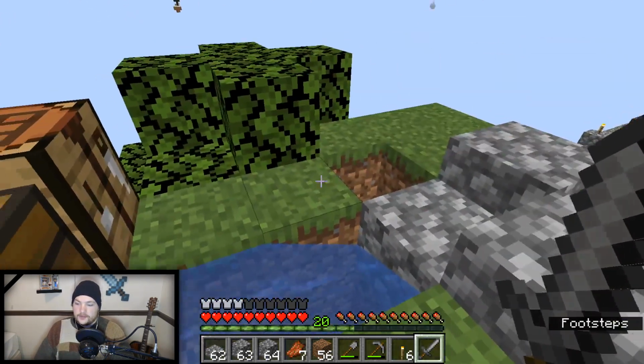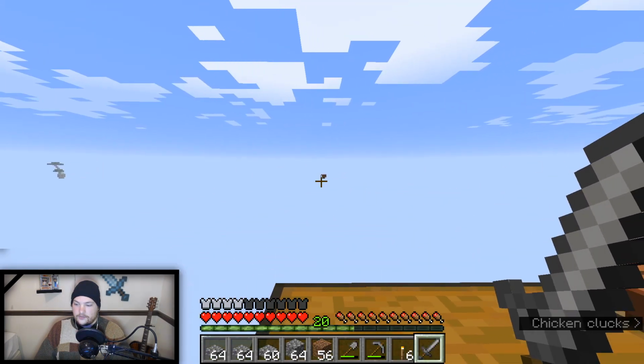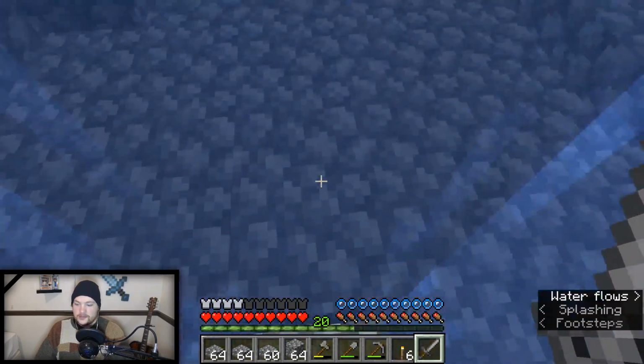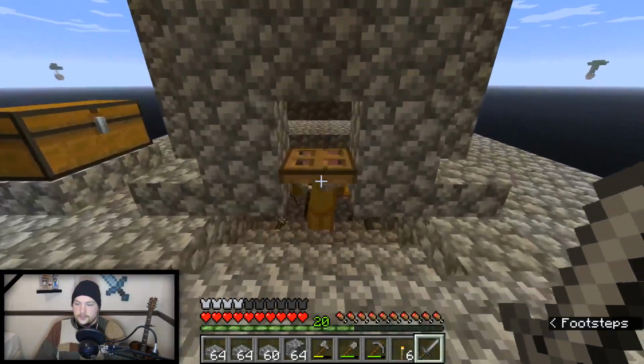But I think to start, what we're going to do is make a ton of these half slabs, because we're going to branch over to that other island right over there. And I'm going to put everything away that might be imperative to me. And we probably need more slabs than this, but I think this is going to be a good start. Ooh, maybe